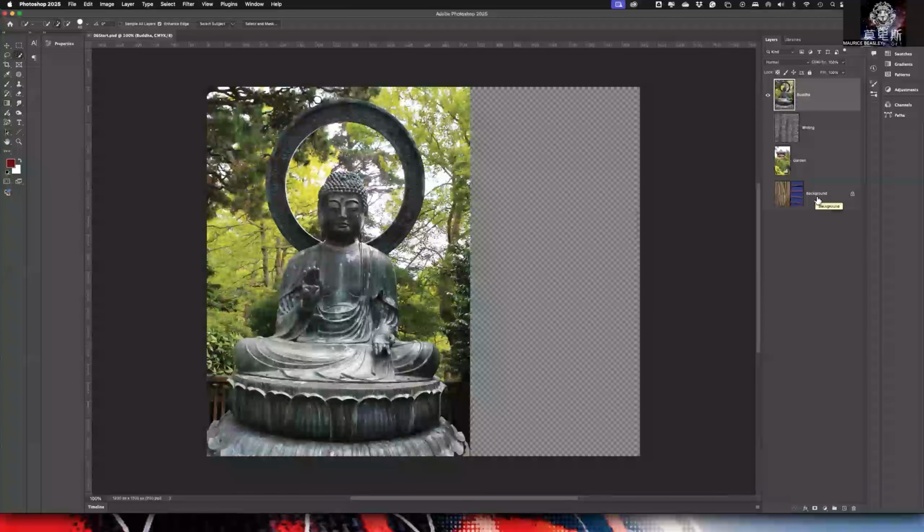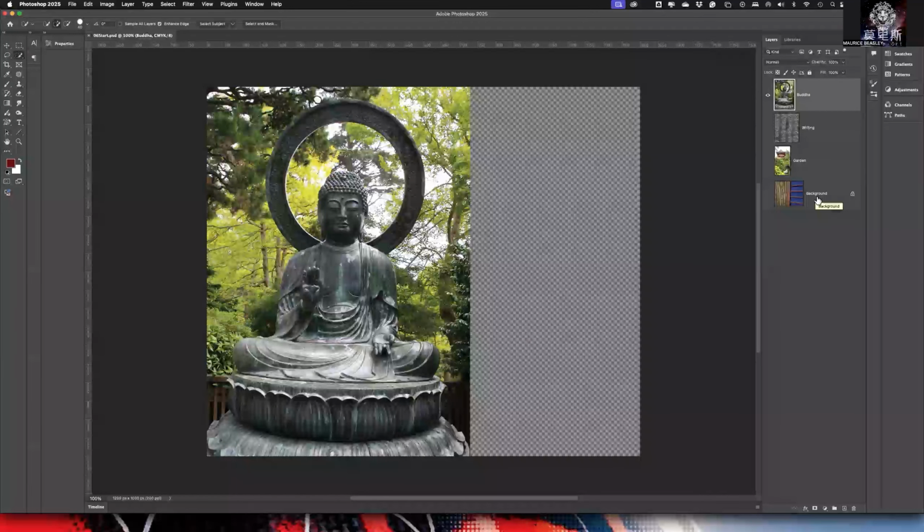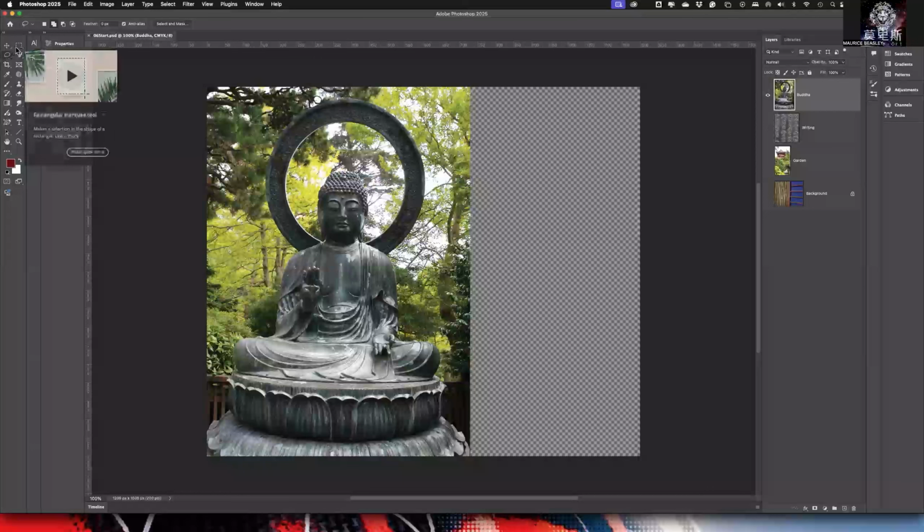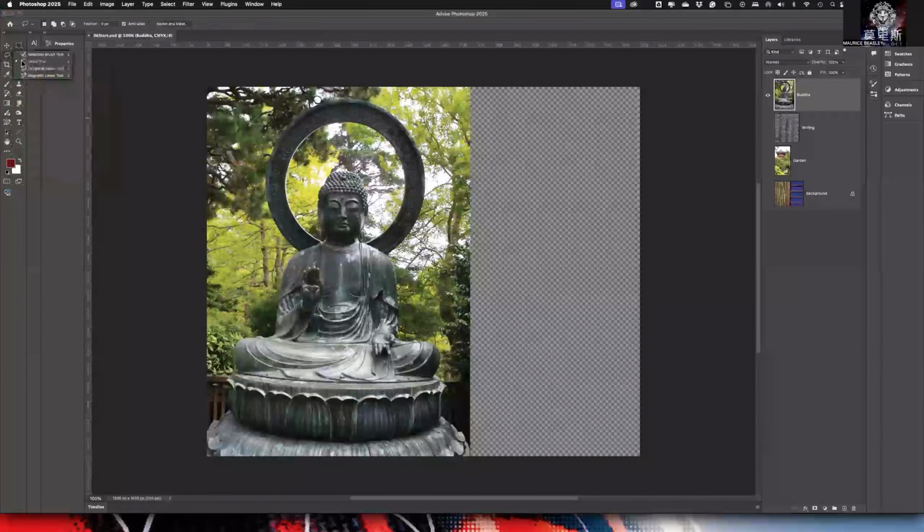And I want to emphasize another thing when it comes to these different selection tools. The lasso, the elliptical marquee tools, the regular lasso, and the polygon lasso tool, they all select things by a shape. So it doesn't matter what layer you have selected at the time, you'll still be able to make that shape. However, if you are using the magnetic lasso tool, the quick select tool, the magic wand tool,